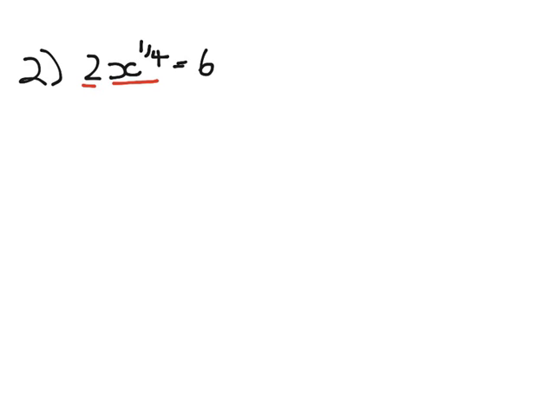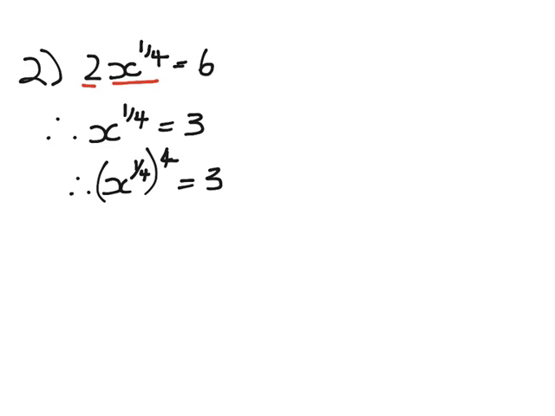So what we do this time is we begin by dividing both sides by 2. So x to the power of 1 over 4 will equal 3. The reciprocal of a quarter is 4. So x to the 1 over 4 we will raise to the power of 4. And what we do to the left, we must do to the right. If you then go to your calculator, you'll find that x is equal to 3 to the 4, which is equal to